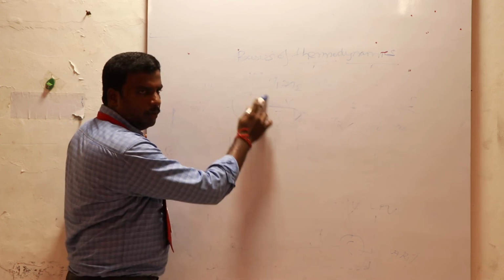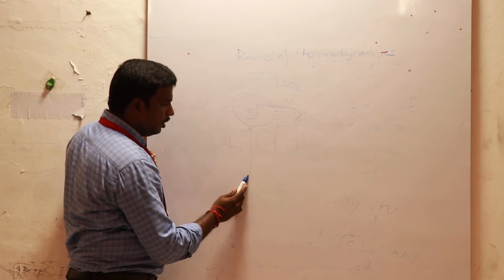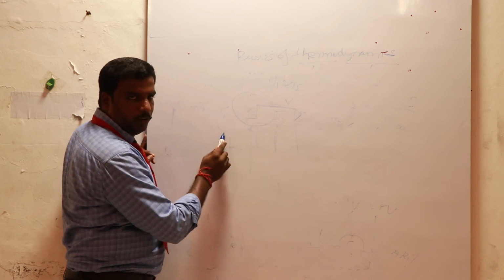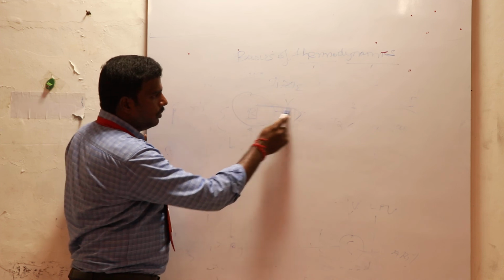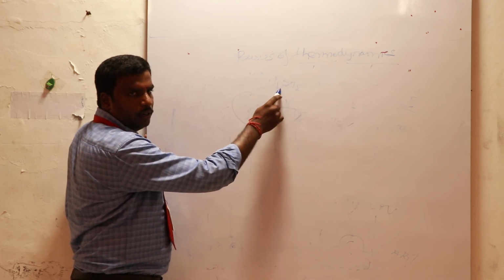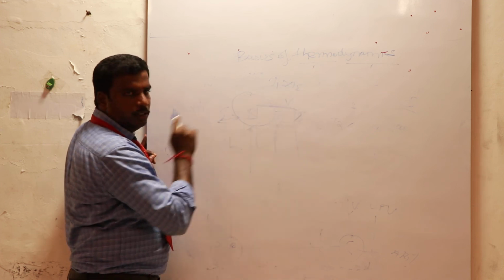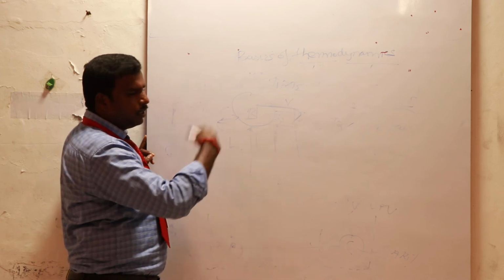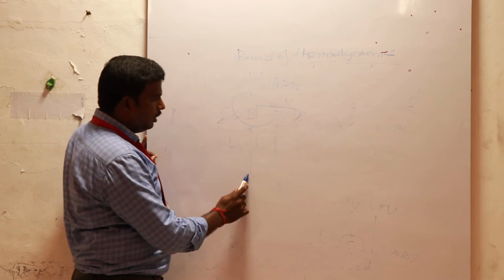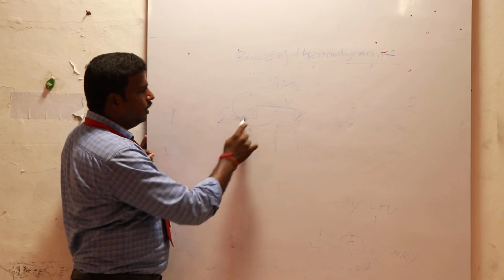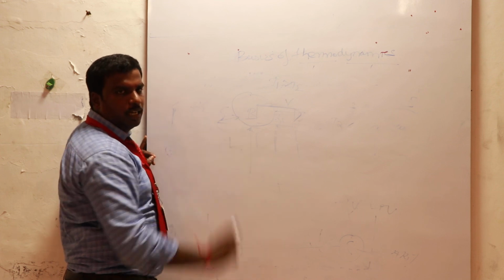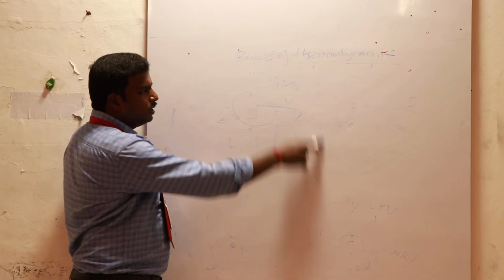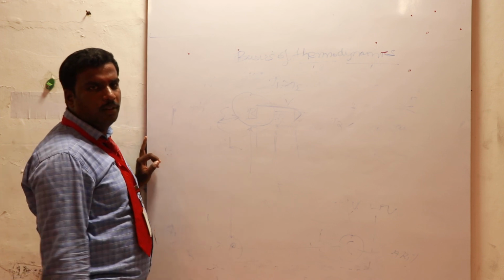So this is a system where there is a mass entry in the form of liquid, and a mass exit in the form of vapor, and there is also heat transfer. We are supplying some heat to the boiler. So here there is both mass transfer and heat transfer. Hence we call this system an